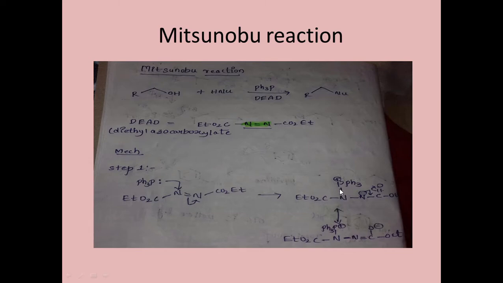So phosphorus gets a positive charge, and as you can see this bond is shifted onto the nitrogen, and you can see this anion is a stable carbon. This lone pair as a negative charge is stable because of conjugation. As you can see here, I have shown you this shifts here and this bond shifts onto the oxygen as a negative charge, so it is stable.